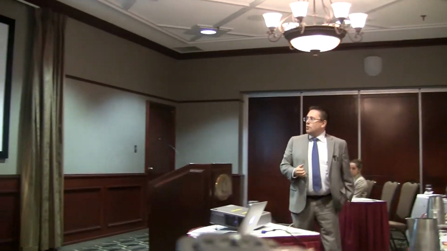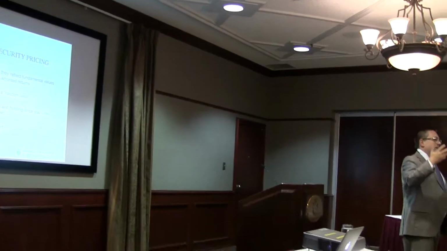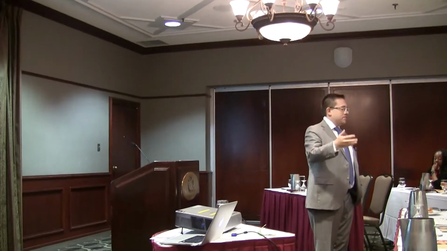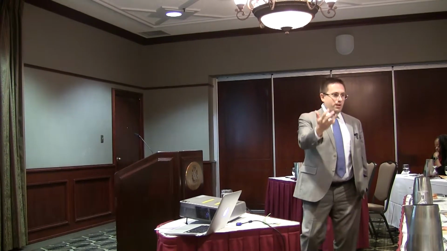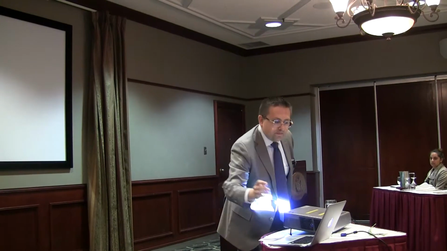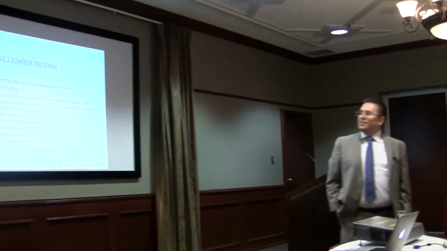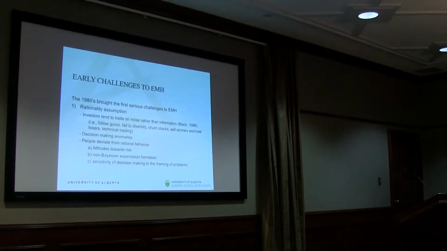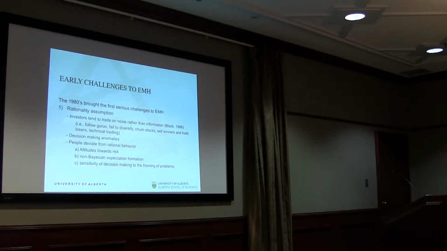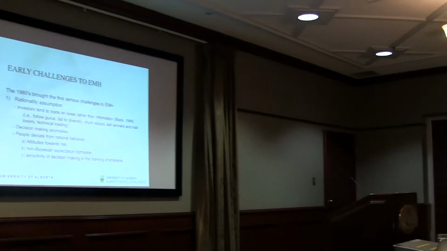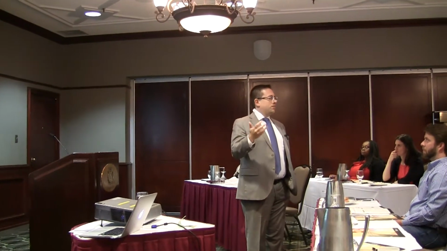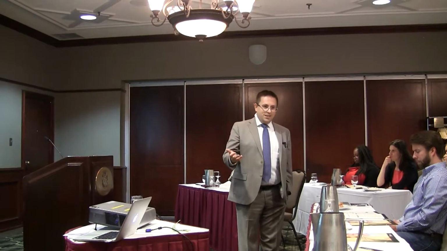And if you looked early in the 1970s, there were a lot of people that were quite excited by this theory that came out, and they were testing it, and there were a lot of empirical observations that seemed to support this. Now, what happened in the 1980s? Well, there were a number of challenges that came out in the 1980s because all of a sudden you had a bunch of people saying, you know what, humans aren't always rational. We do a lot of really stupid things.